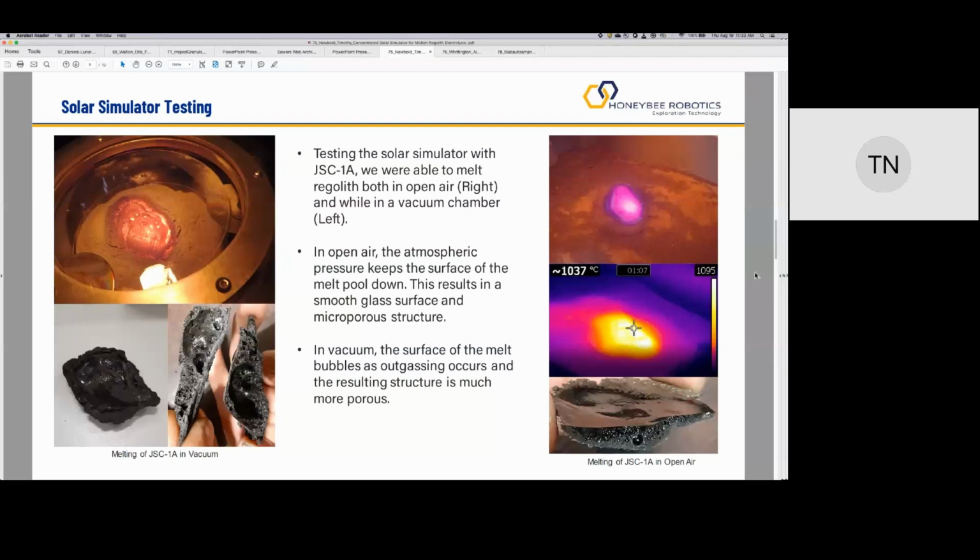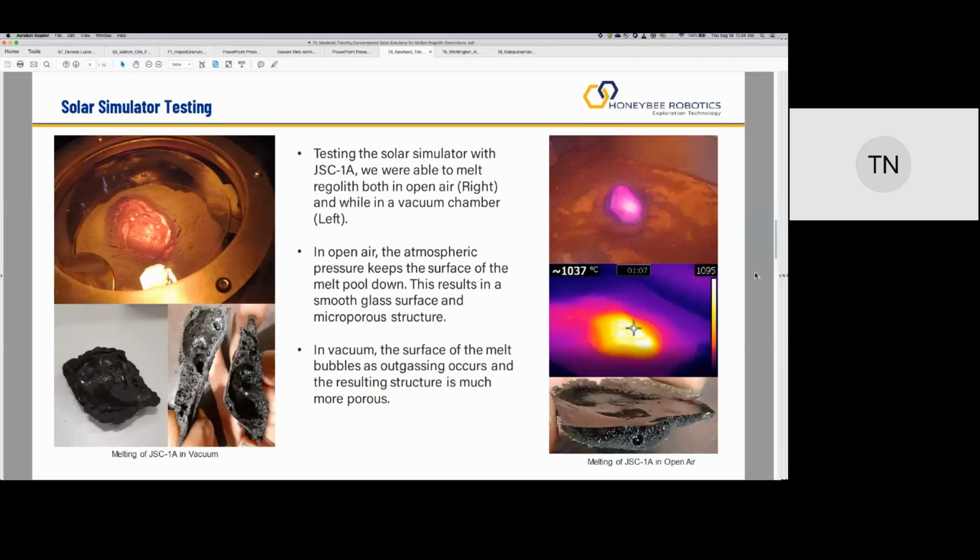And then these potentially present some issues when you proceed to electrolysis, some that you would have to design out essentially. But just to show that testing in air is definitely easier than vacuum, and to show that the concentrated solar simulator works. So following these results and gathering the data on the temperature, viscosity, etc., we proceeded to attempt an